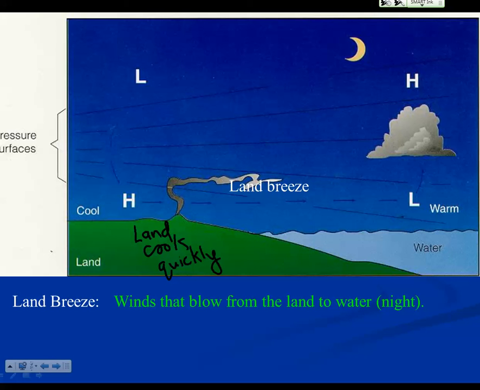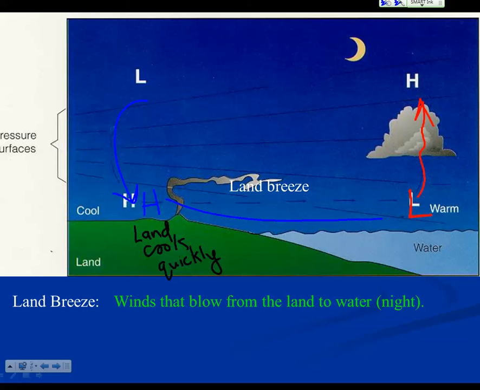And this causes air to want to drop over the land in the evening and in the nighttime. And this creates high pressure here. Now the water, which doesn't really change temperature very fast at all compared to the land, is going to be warmer. And that warm air will rise up, perhaps form a cloud or two, and it leaves that low pressure void there